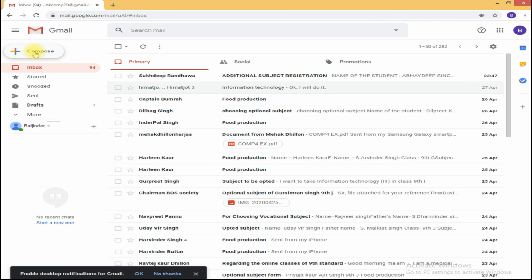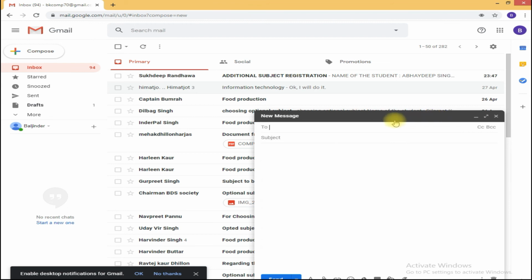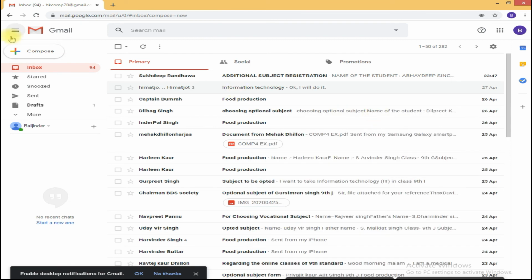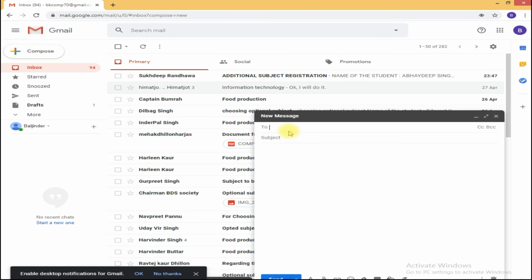Now let's say if you want to compose the mail, ठीक है, किसी को mail भेजनी है, you will click on compose, ठीक है. Then after you click on compose, you will get this type of screen. Now here first of all, you can write in two में you can type the address of the person to whom you want to send the mail. Then comes your CC option. Now CC option, it stands for carbon copy. Now CC messages is an email that is copied to one or more recipients. अगर एक से ज़्यादा recipients को आपने message भेजना है, then you have to click on CC options, ठीक है.